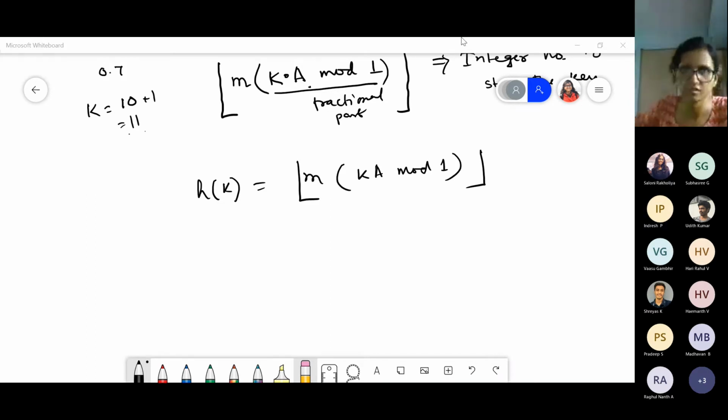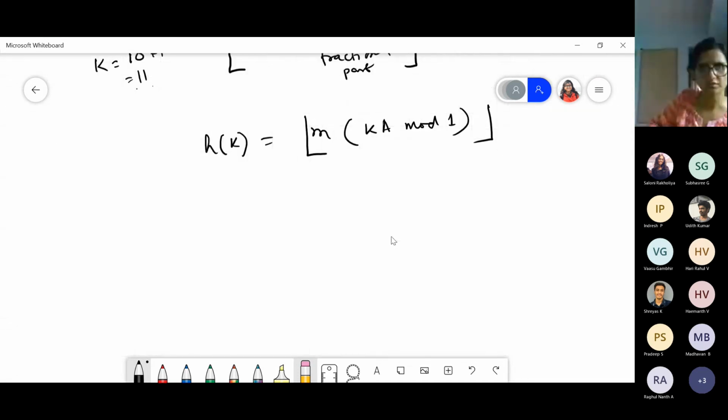Okay. So instead of this kind of hash function, you can also use your own random number generator, but that has to be strong, right? Like that has to satisfy uniform distribution. Then all the numbers from 0 to m, they have to be equally likely. One way of seeing whether it is happening or not is you look at the distribution of the keys. How the keys are distributed, depending on that you have to choose your hash function.